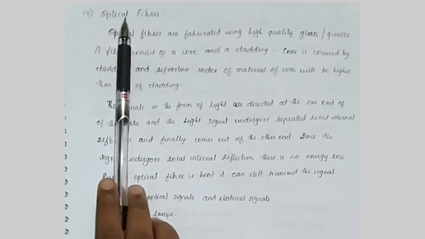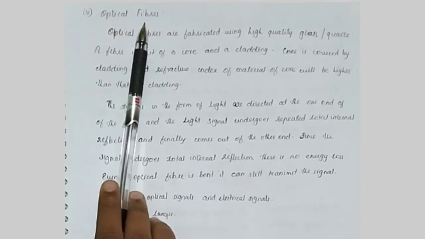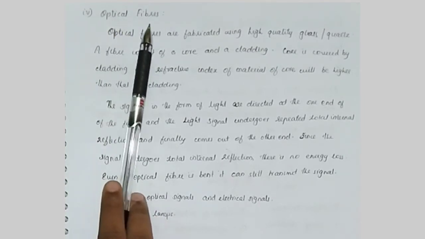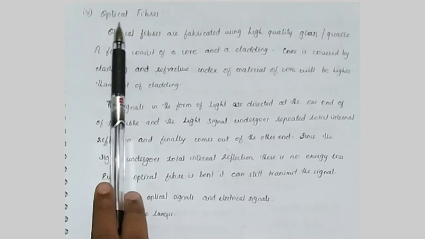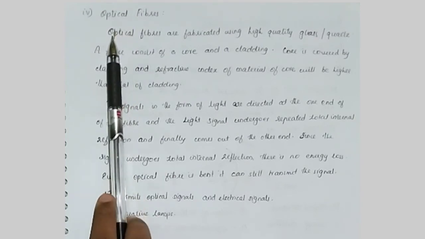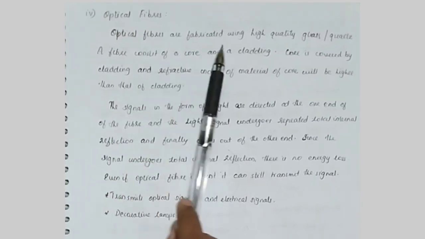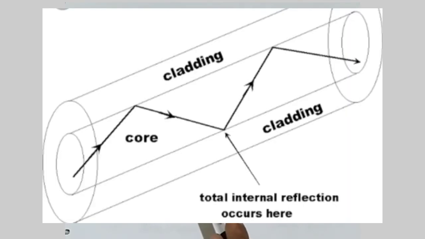In optical fibers, the total internal reflection of the light signals or of the electrical signals is used. Optical fibers are the effective mode of transmission from which we can transmit the signals without any energy loss. So optical fibers are fabricated using high quality glass or quartz, and an optical fiber consists of two parts, a core and a cladding. Core is covered by cladding, and the refractive index of core will be higher than that